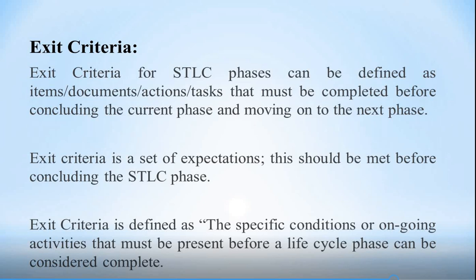First one, testing deadlines, which means according to deadlines we can end our software testing process. Then completion of test case execution. Then completion of functional and code coverage to a certain point. Next, the bug rate falls below a certain level and no high priority bugs are identified. Then we can stop our testing. Then management decision: according to management decision, we can stop our software testing lifecycle process.